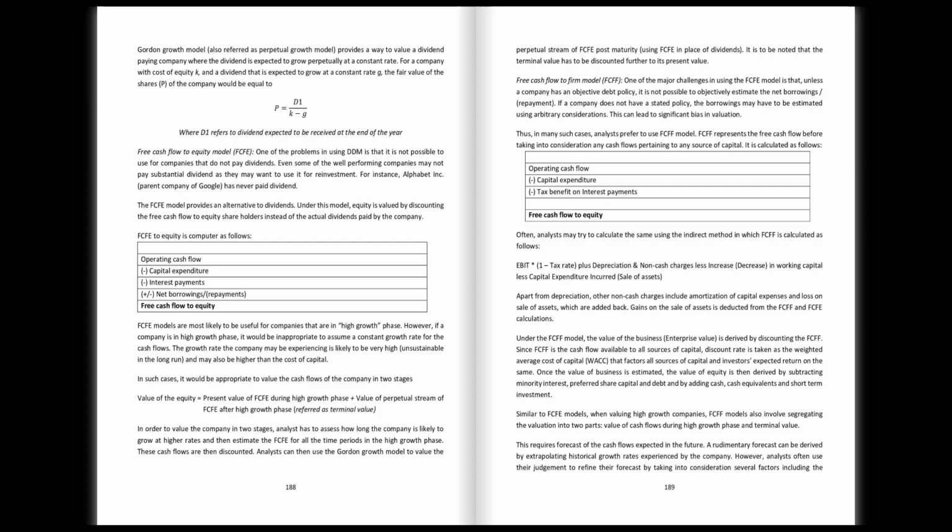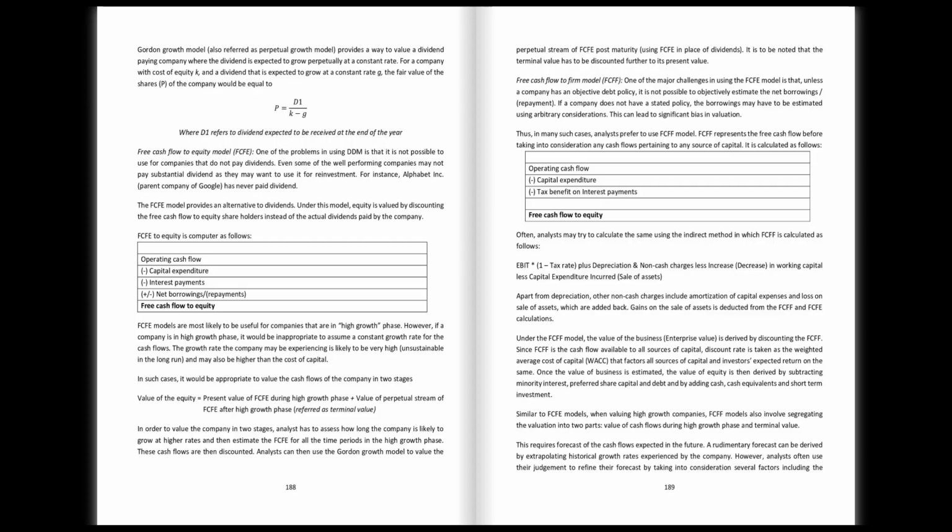FCFF represents the free cash flow before taking into consideration any cash flows pertaining to any source of capital. It is calculated as follows: operating cash flow minus capital expenditure minus tax benefit on interest payments. Often, analysts may try to calculate the same using the indirect method, in which FCFF is calculated as follows: EBIT multiplied by 1 minus tax rate plus depreciation and non-cash charges less decrease in working capital less capital expenditure